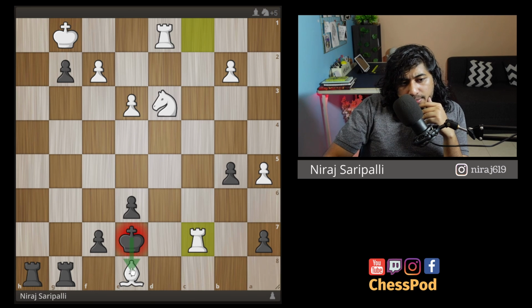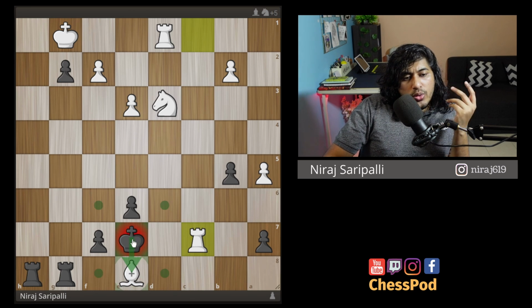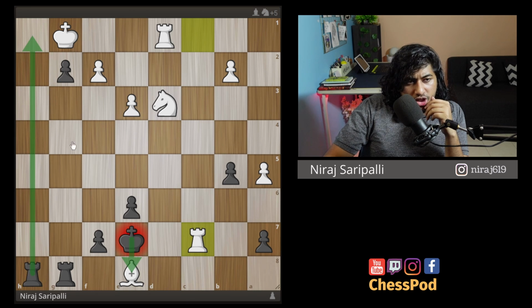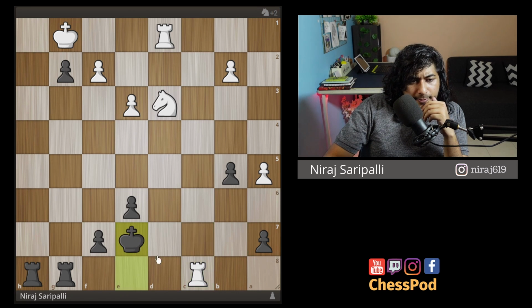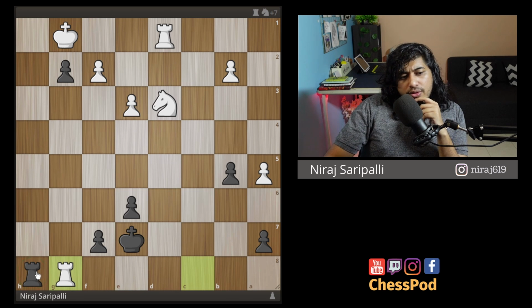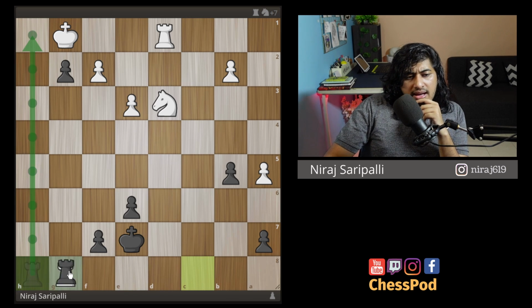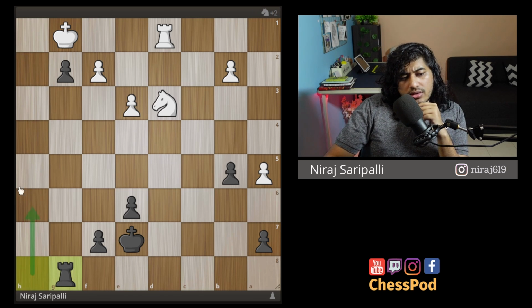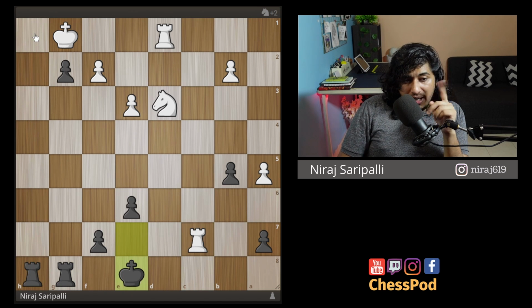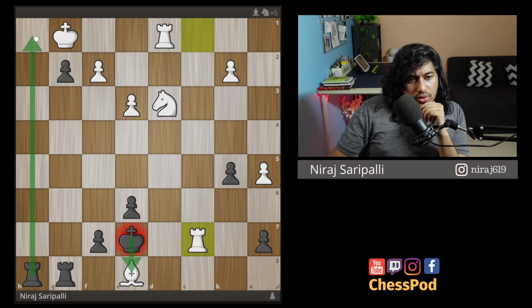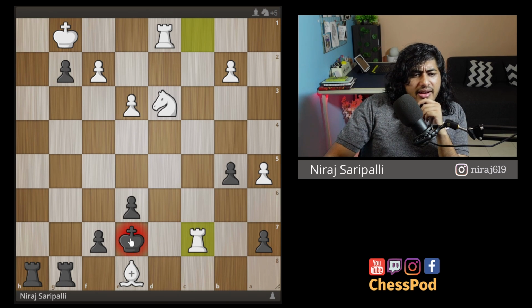And unfortunately, black can't just go king captures e8, because the only threat in this position is rook h1 check, and king takes e8 allows rook c8 check, and rook takes g8, for which now you don't have rook h1, and if you do this, you don't have the other rook to come on h1. So this is losing. But obviously in this position for rook captures c7, I saw this very interesting move, king